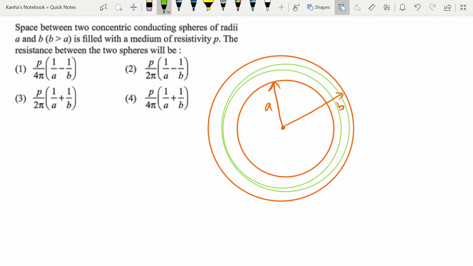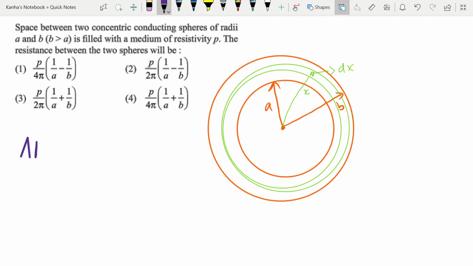So I have, from the center, this is at a distance x, and the small thickness is given by dx. Okay, and now coming back to the question, I can write this down as